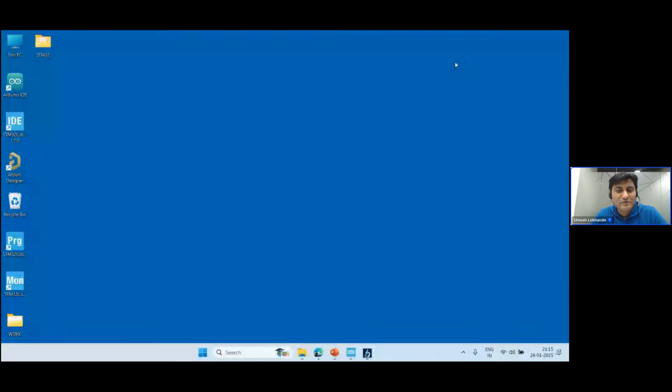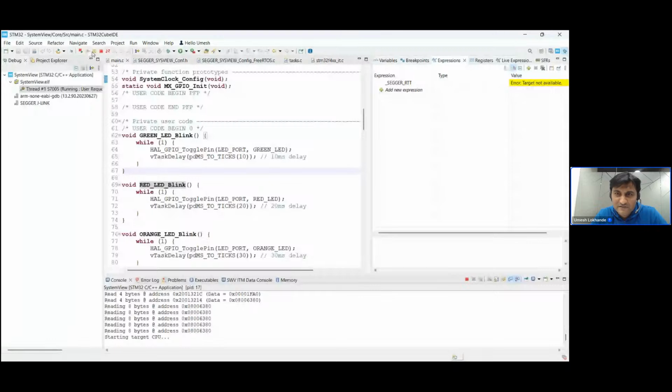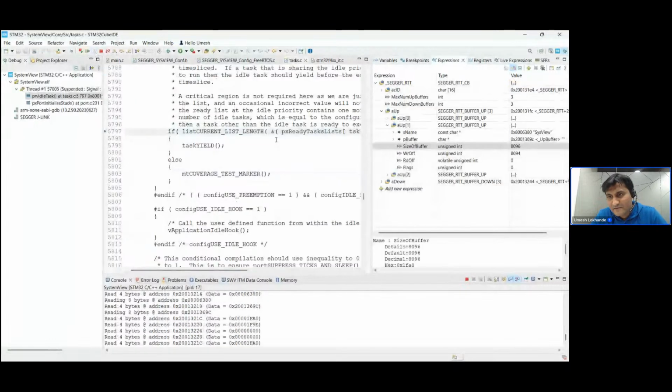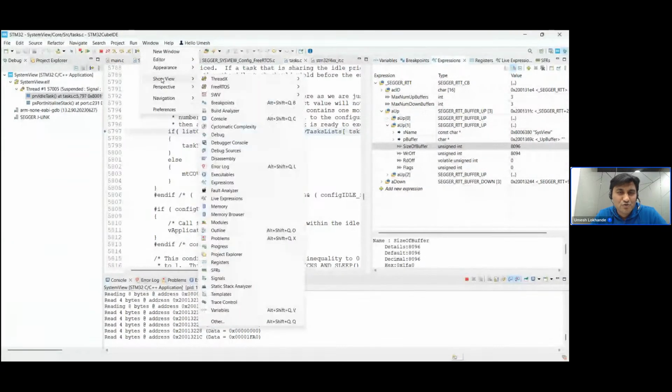Okay, so look at this one, this start recording traces for some time and suspend the recording traces. Now I have, let's say, a new piece of information in my buffer here. So to export this data, as I said, we have to go to Window and Show View, and we have